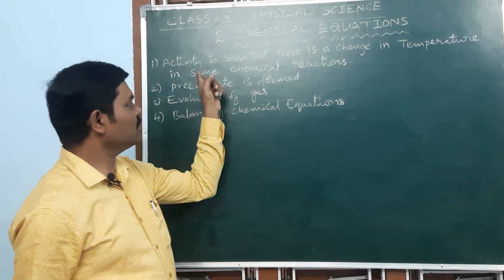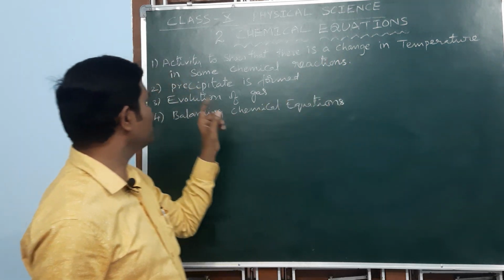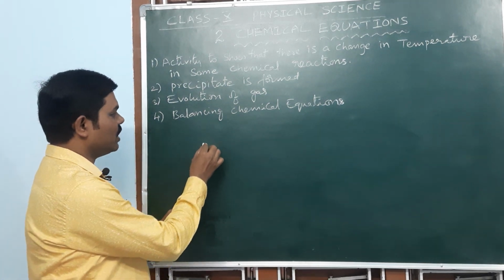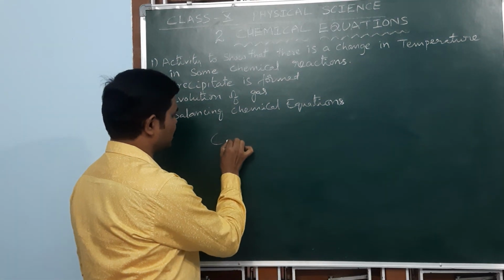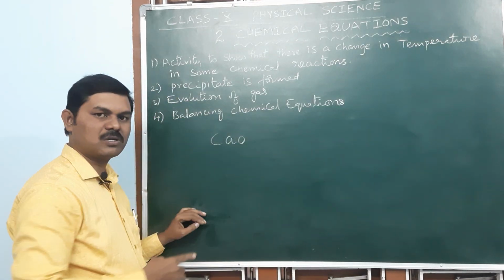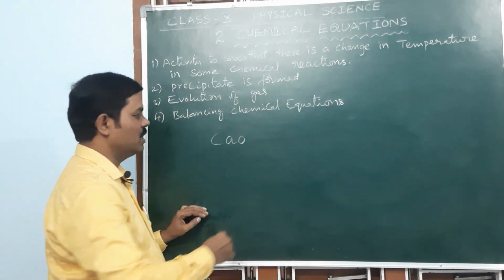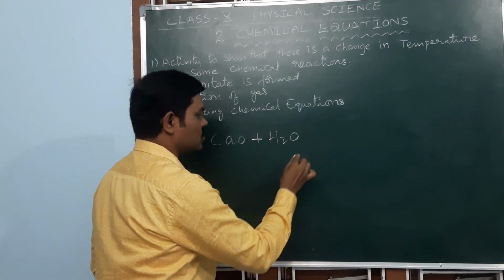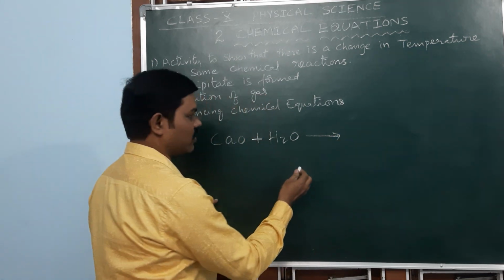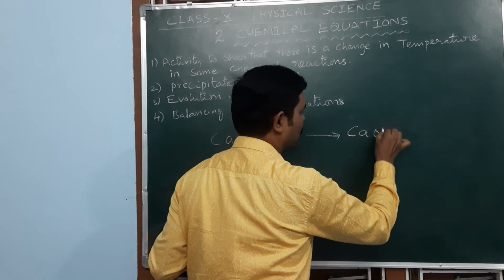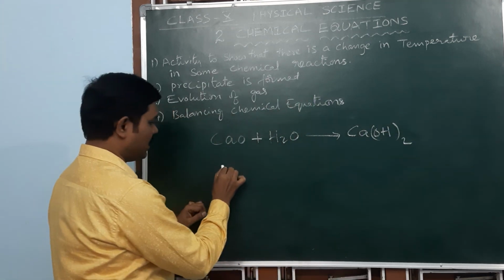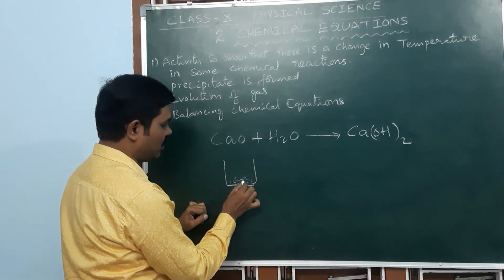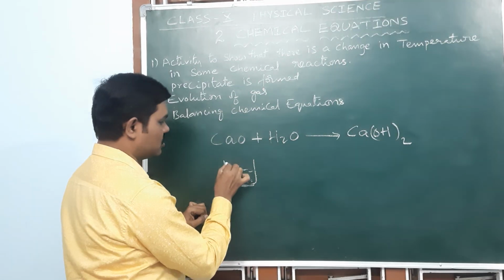First activity is to show that there is a change in temperature in some chemical reactions. For this activity we have to take 1 gram of calcium oxide, CaO, quicklime, in a glass beaker. This is also called quicklime. Take 10 ml of water, H2O. Calcium oxide reacts with water to produce calcium hydroxide. Suppose you take a glass beaker with 1 gram of calcium oxide and pour 10 ml of water. If you touch the